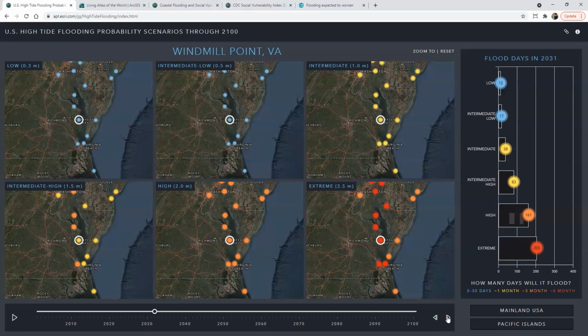There are locations that have a higher percentage of increase expected over the next 10 years than others. And that's probably what we want to focus on in the near term, but as we work our way forward into the oncoming decades, a lot of these places are faced with very similar flooding that exponentially just grows over time. So this app is intended to help understand and communicate that message to the public,